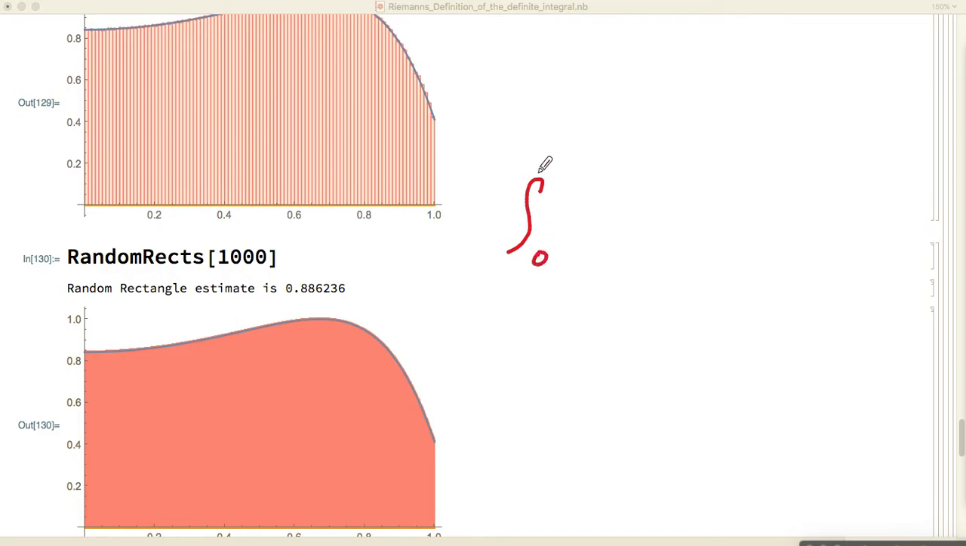So we've got compelling evidence that the true value of the integral that we are looking at has got to be somewhere around 0.886. But we don't really know exactly what it is yet. So let's continue looking at